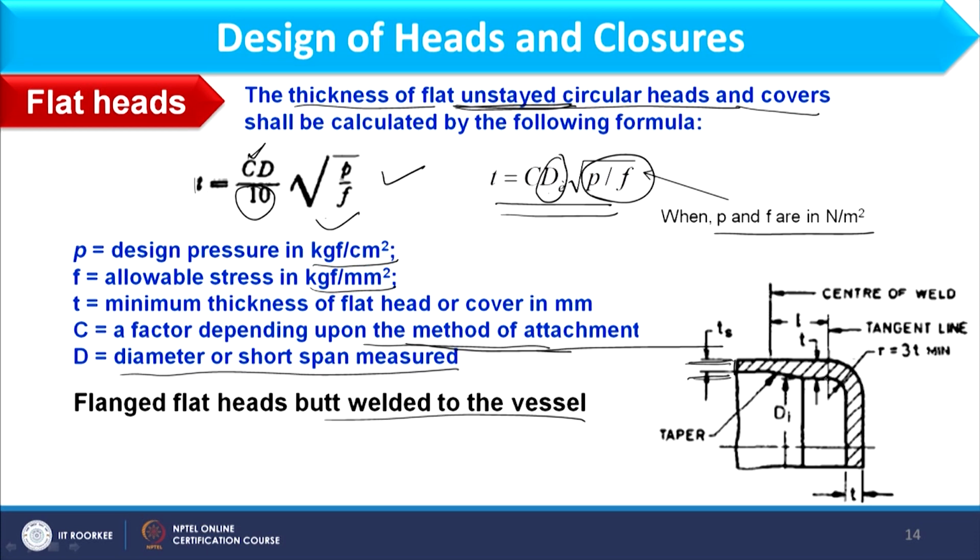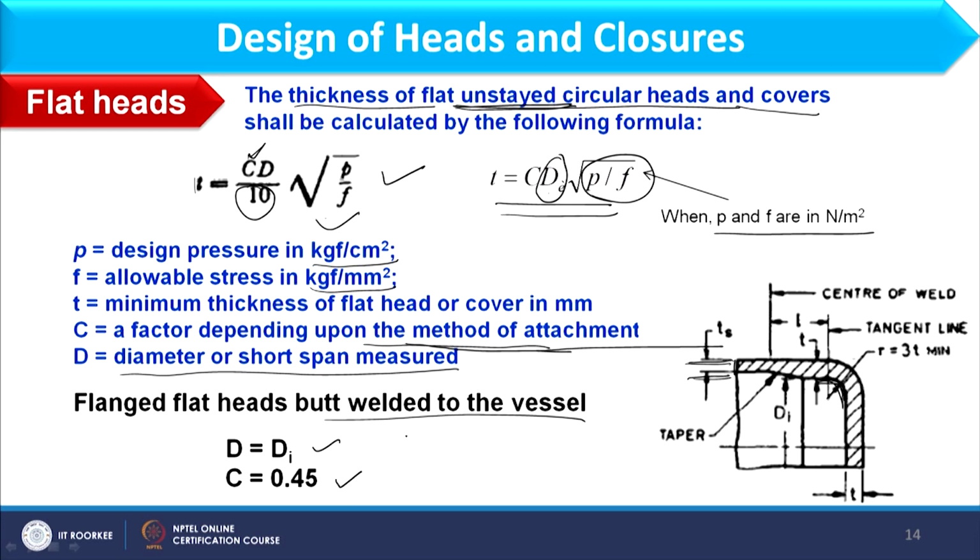And here you see in this particular section, this is basically the curved part or formed section. This is not a flat section, this is a flat formed section. In that case, D will be Di. Di is basically the inner diameter of the head. And C is the factor which has the value 0.45.